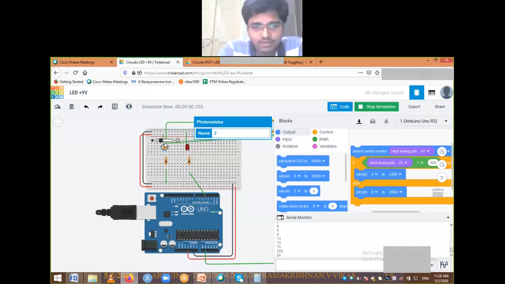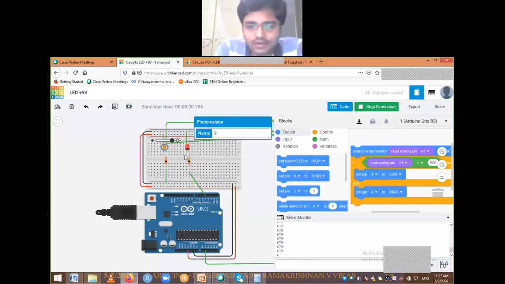I am bringing the slider to the middle. In the middle I get approximately 526, so around 500. When I move completely towards light, I am getting values around 679.